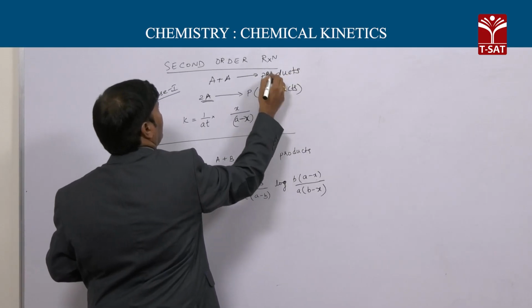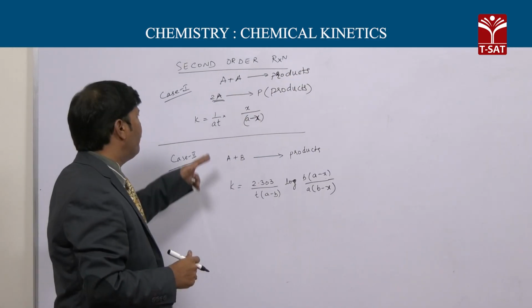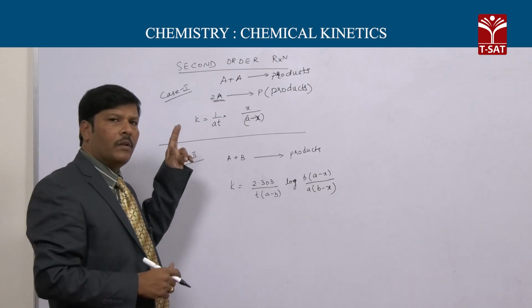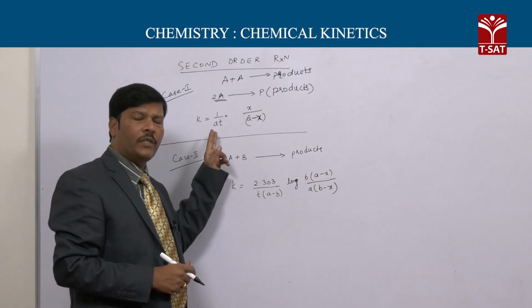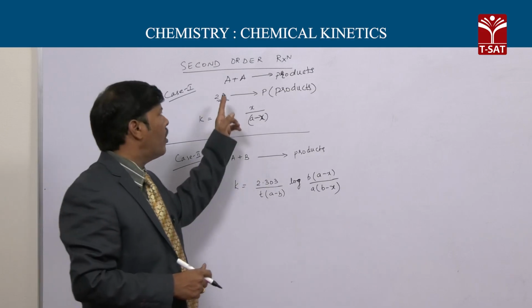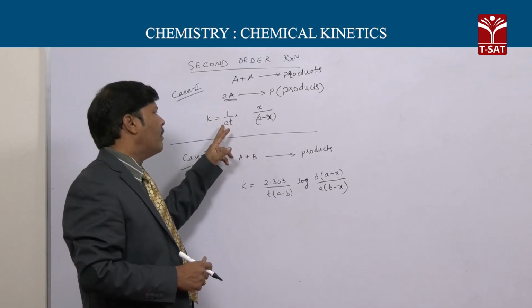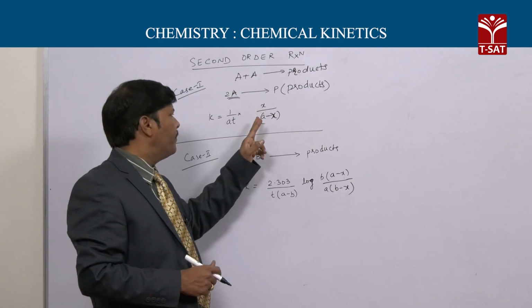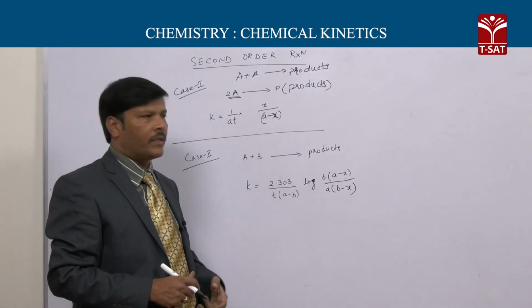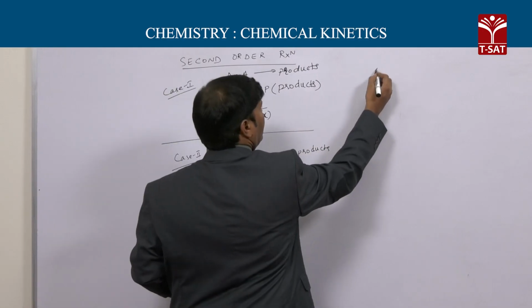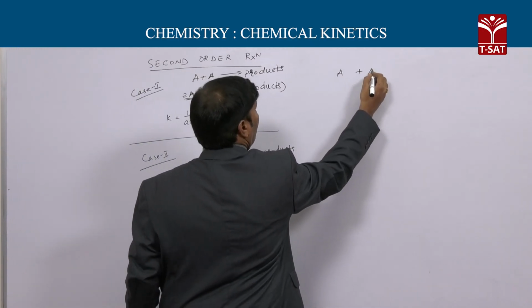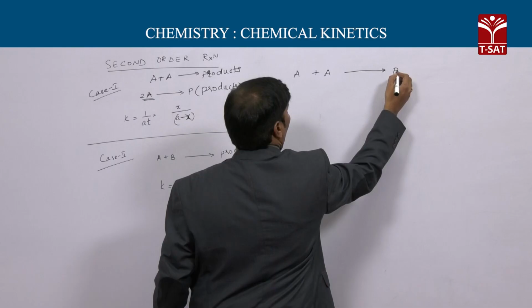If the two reactants are same giving rise to products, then the rate constant for the second order reaction is given by k equals 1 by a into t of x divided by a minus x. What do you mean by this? This means that if you are taking two reactants, A and A, which give rise to products,